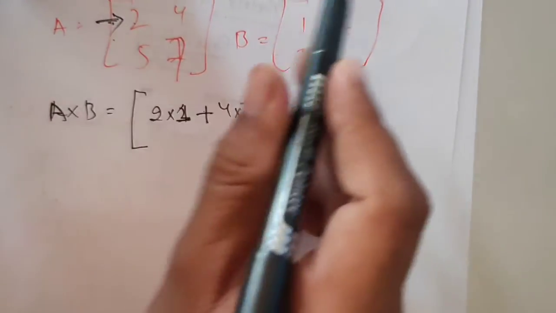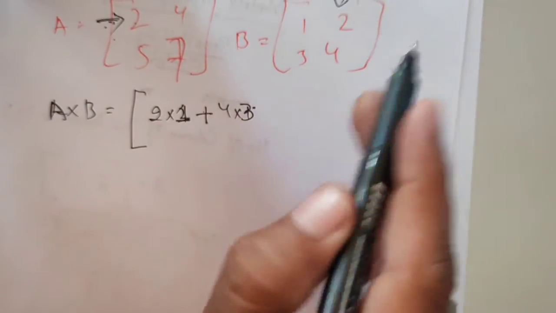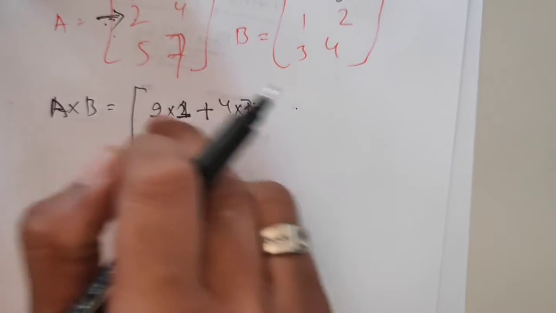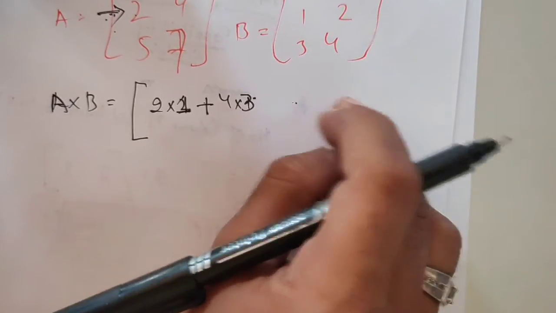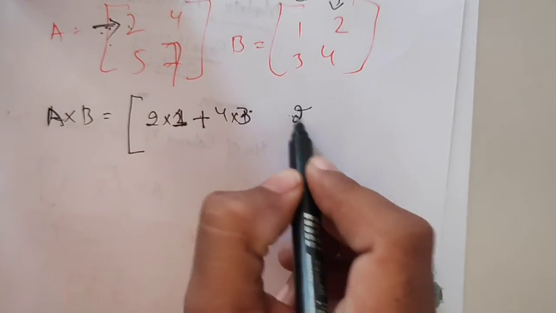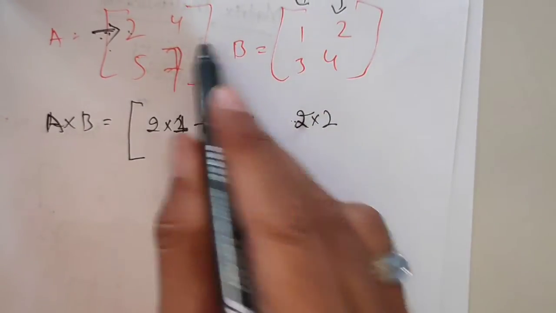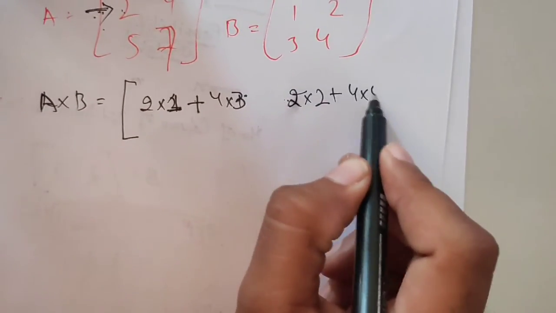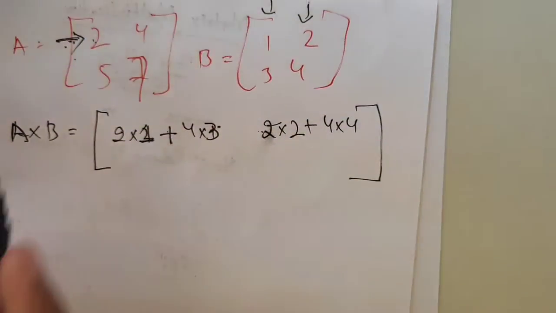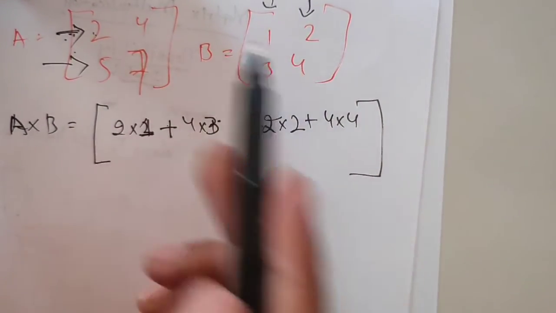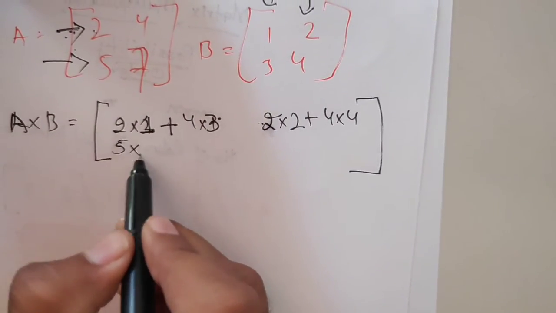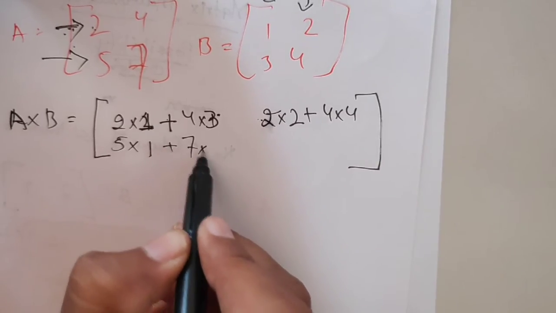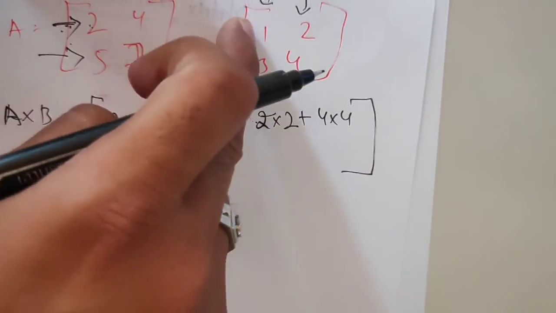When we multiply the first row with the second column, the row is the same but the column is changed, so we start from the new second column. The first member multiplies with the first member, 2 multiply by 2, and we use the plus, the second member will be multiplied with the second member. So the first row is completely multiplied with the second matrix. Now the second row remains, so the second row will multiply with the second matrix. The first member will be multiplied with the first member, and the second member with the second member. Second row, first column multiply.